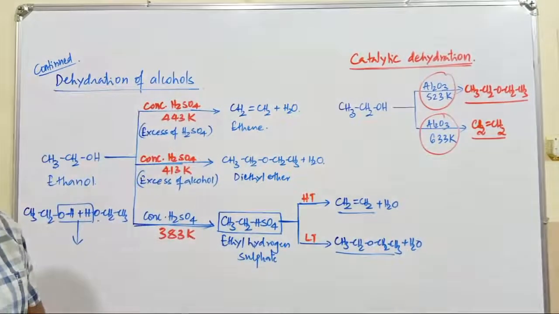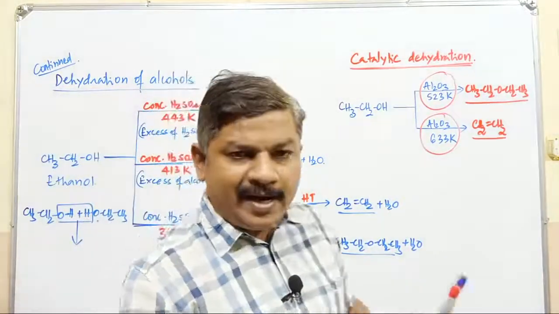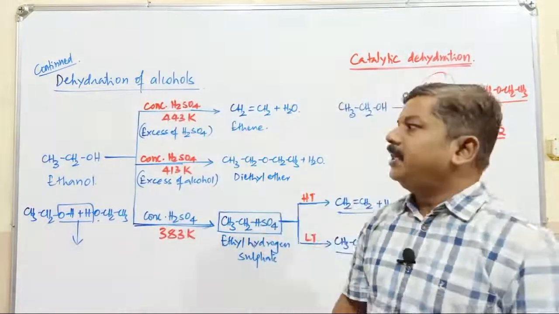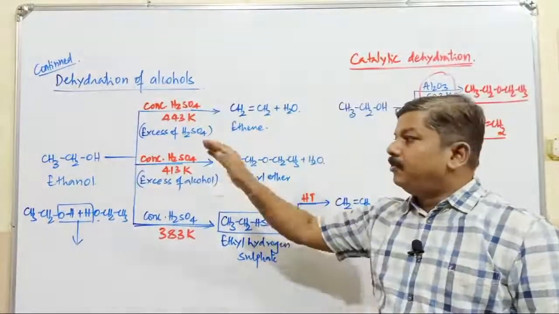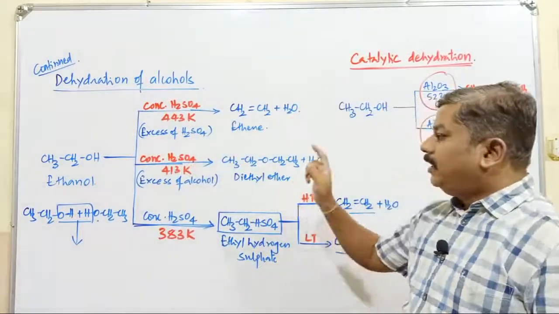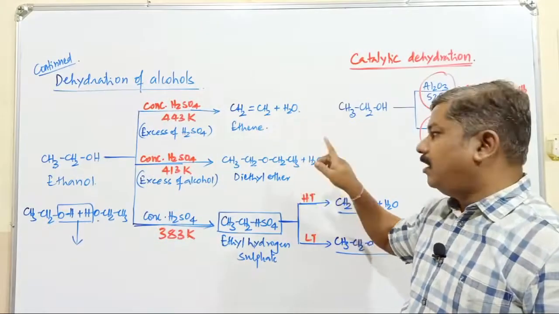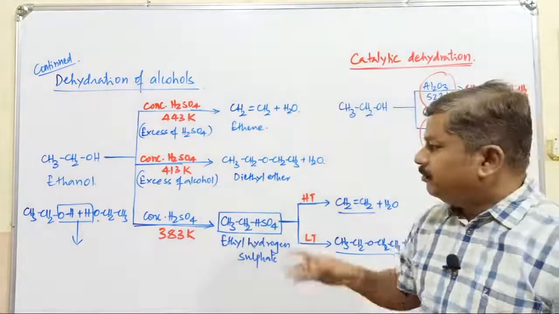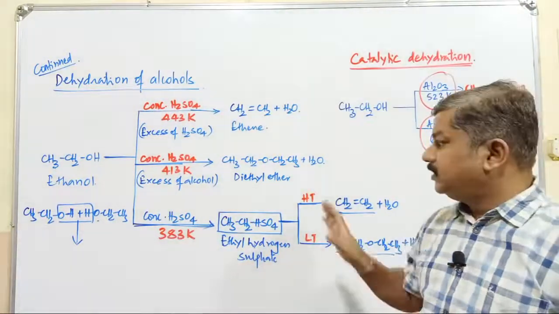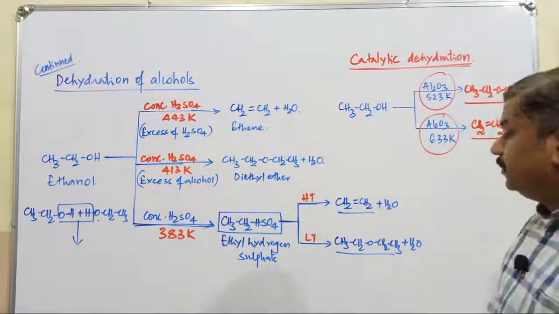Ether and alkene compound. Whatever may be the corresponding dehydrating agent, usually at high temperature condition, formation of alkene takes place. Ethanol gives ethene, propanol gives propene, like that. And at low temperature condition, always the compound is going to be what? A compound of ether. If you use ethanol, it is converted into what compound? Diethyl ether.